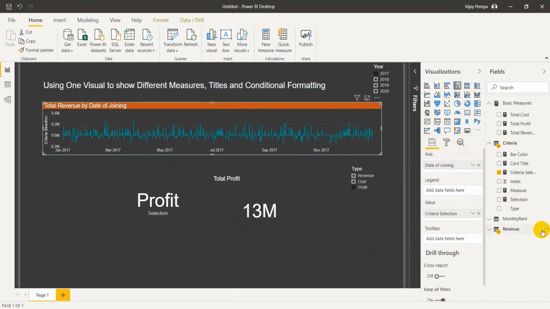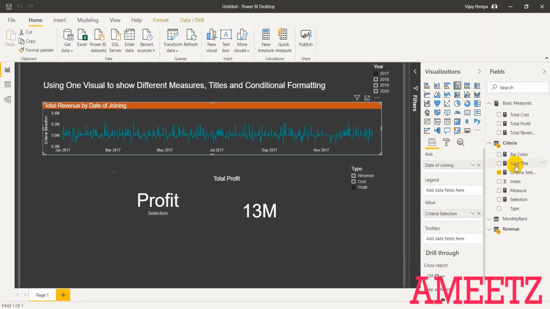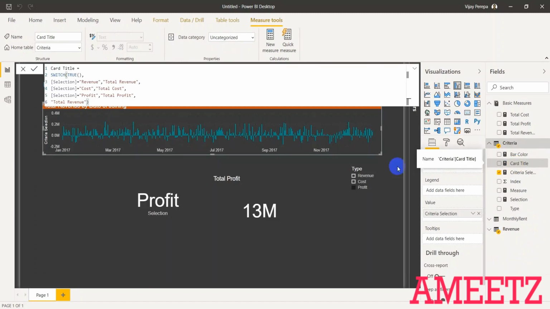Same thing I can do, but let me create another measure by using additional text like by date, because this is by date. So let me select the measure, new measure, and then instead of that, let me do one thing. Let me select the card title. Let me copy this measure as it is because the measure will not be much different.